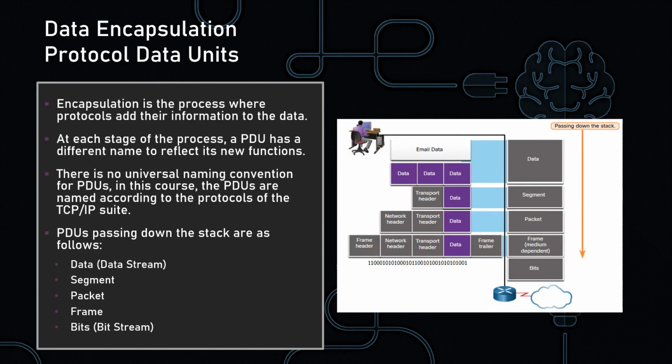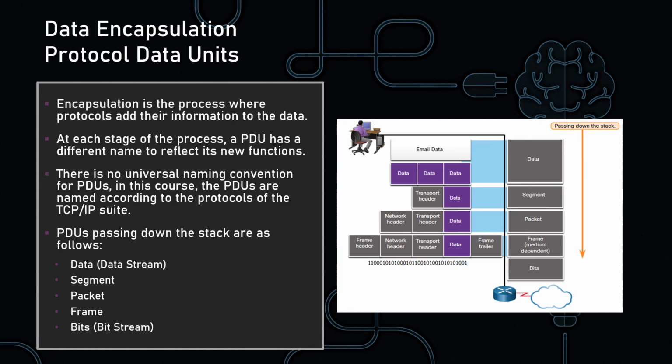So that brings us into what's called encapsulation. Encapsulation is just taking a piece of data, breaking it into subsections called segments, adding headers at the various layers as it moves through, and then being able to encode that into bits. So we have what's called a PDU, or protocol data unit, and it generates a header, or in the case of the frame at the last layer before it starts turning into bits, the trailer as well, changing the name